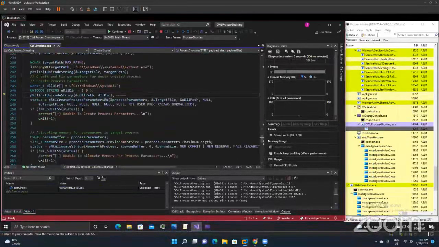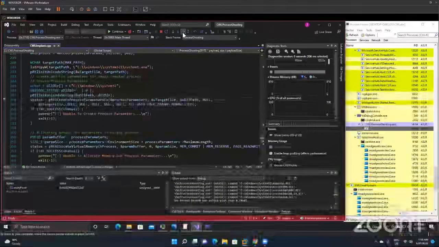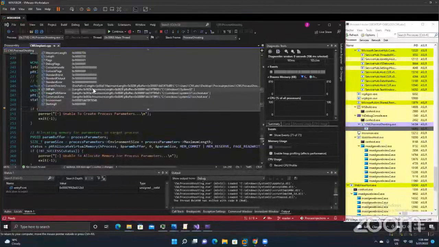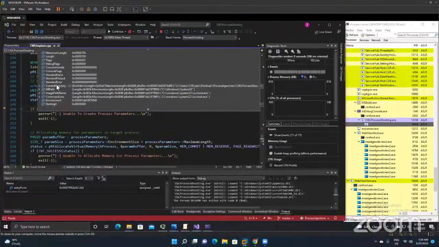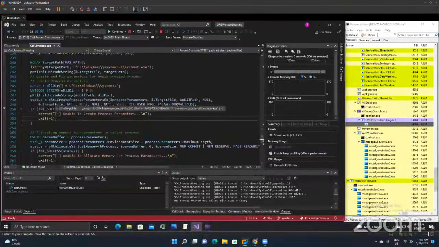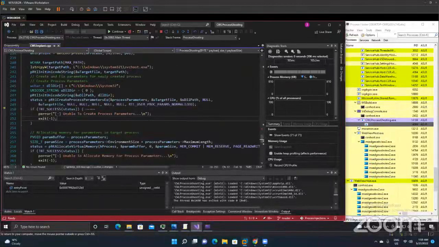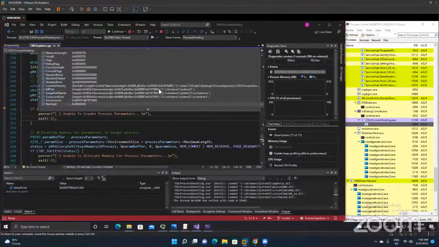After that, we will create the process parameter. So you can see we have created the process parameter with the current directory, DLL path, image path, and the command line. So at this point, we are giving the target path and file path as the svchost in the process parameter. You can see